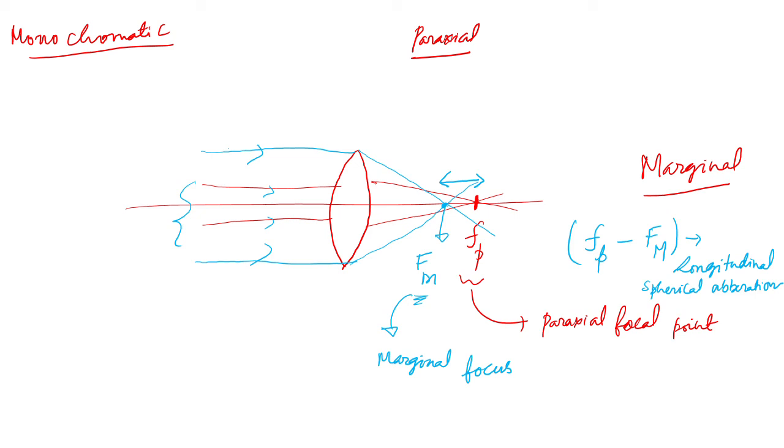So now if I were to put a screen here, if I put a screen here to see the image, so this is our screen. So the marginal rays are going to go here, that way, right? So then I can call this height, right? So we're placing the screen at paraxial focus at FP, right? And the height at which the marginal rays are incident on this screen placed at the paraxial focal point, that height is the lateral spherical aberration,